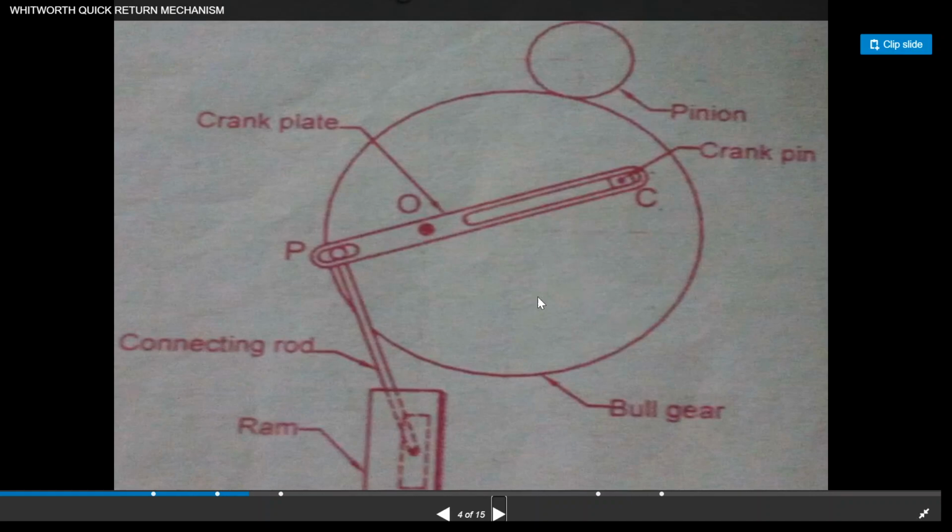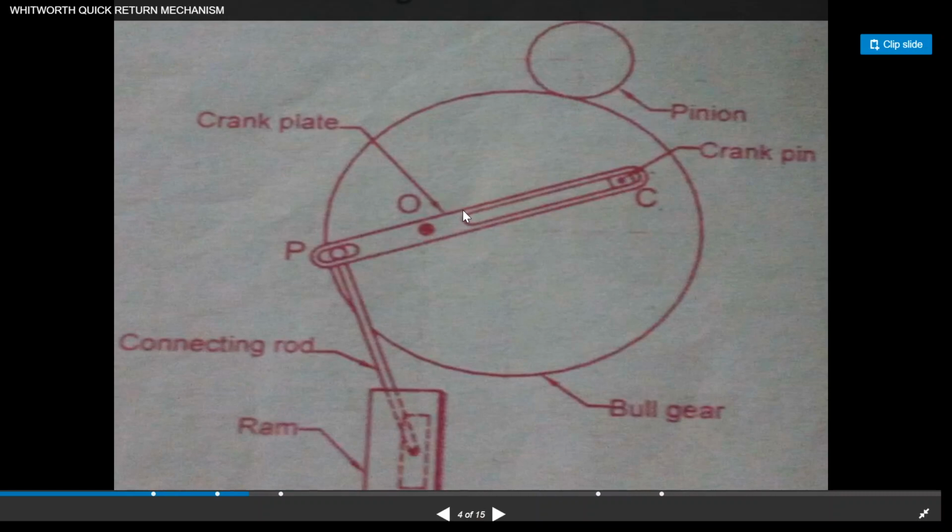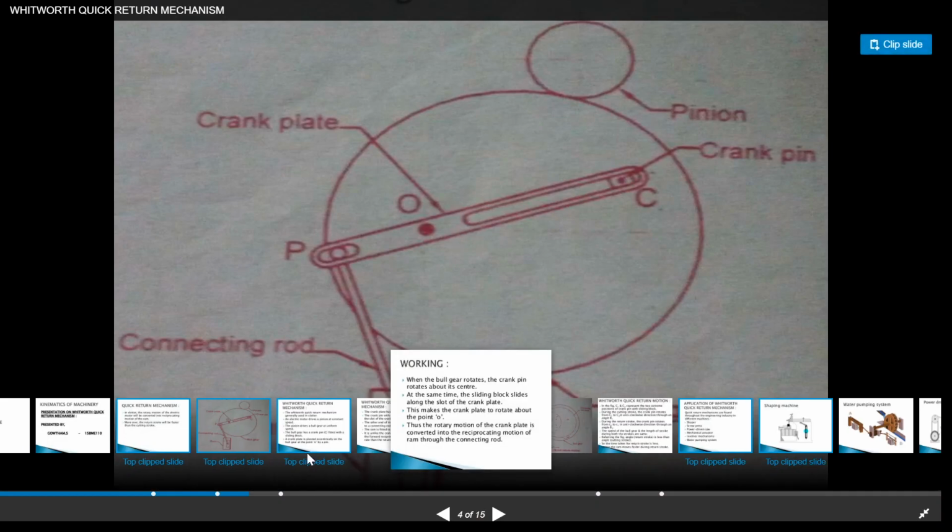You can see this is the vertical ram, and this is the connecting rod which is connected to the ram, and this is the crank plate or slotted link. You can see this is the slotted link or crank plate, in which there is a crank pin here. A crank pin is here, and when this one is rotated,